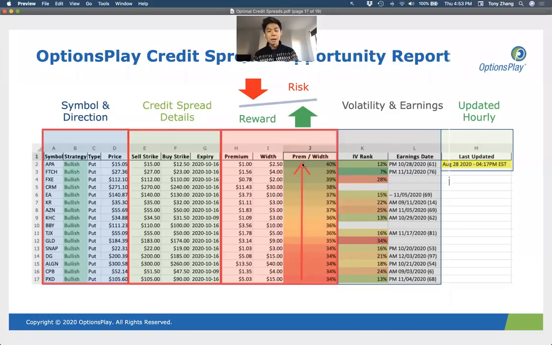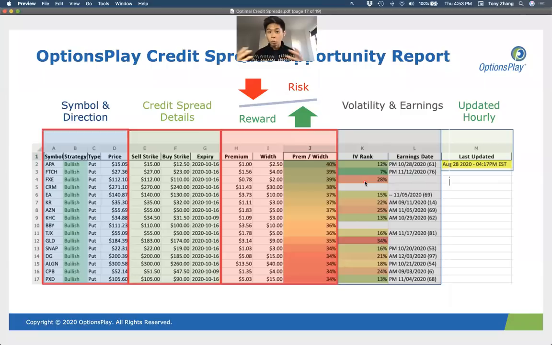So this APA trade that I'm talking about here collects $1 out of a $2.50 wide credit spread. That's 40% of the width. That means I'm making potentially 40% of the width and I'm risking only 60% of the width. This is when the risk to reward is skewed in my favor. And then we have a few different things that help you